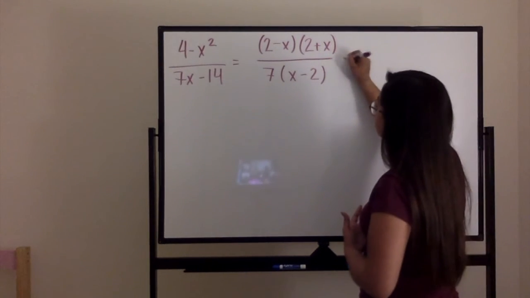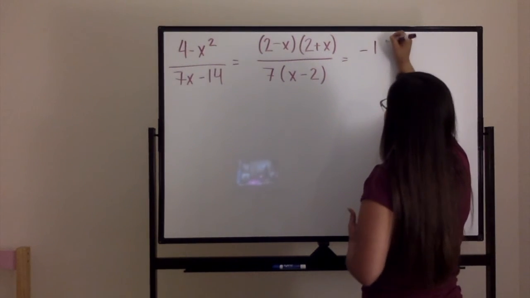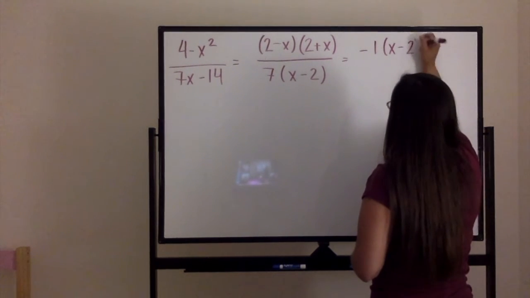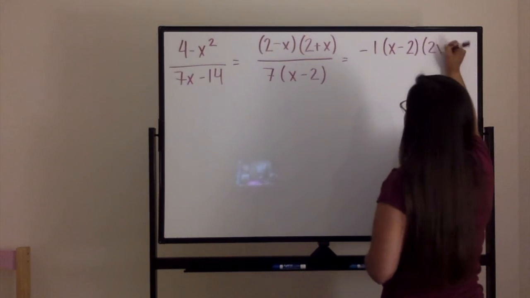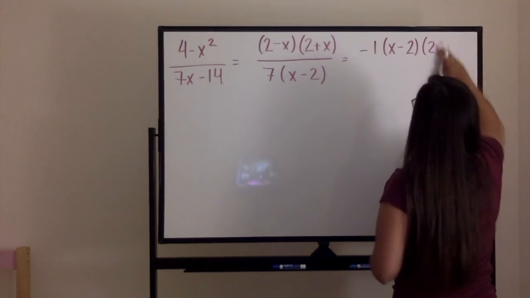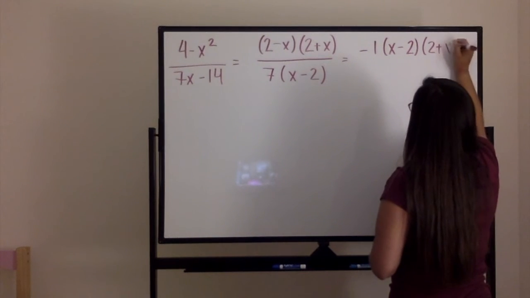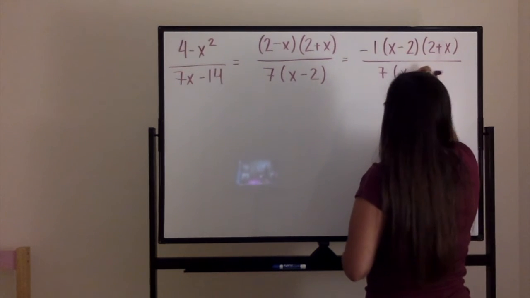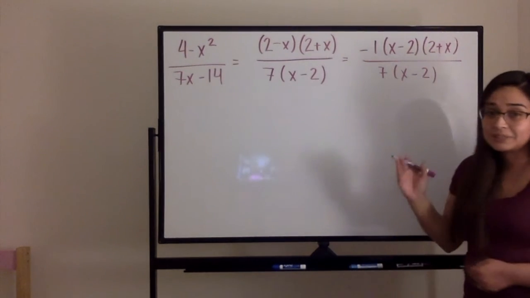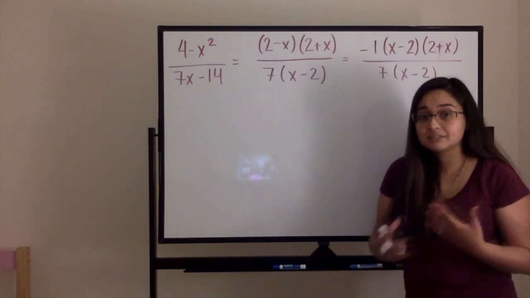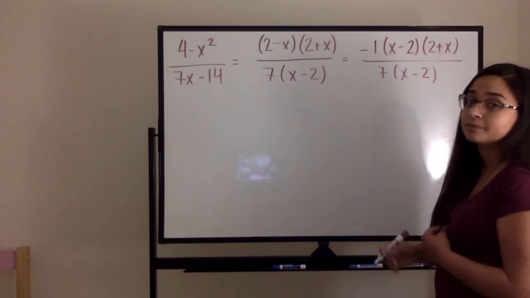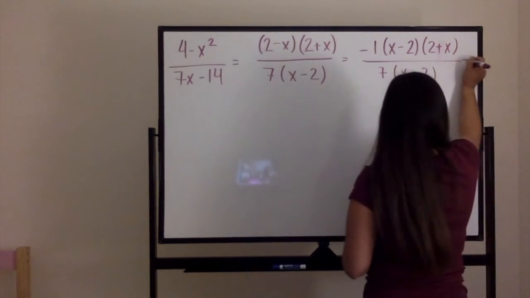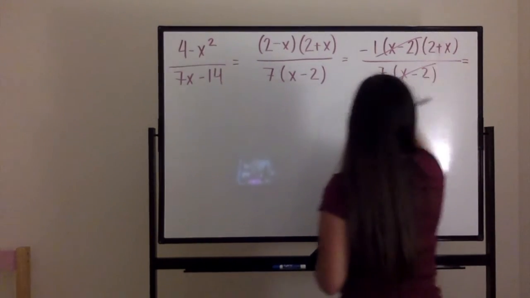So, when factoring out my negative 1, that flips my equation to look like this. 2 plus x. So now I'm left with this. Now I can actually divide out the x minus 2. Okay? So, my answer, in the most simplified form of this, would be